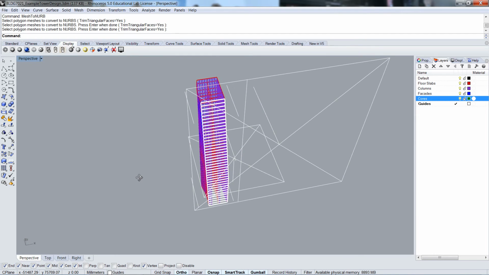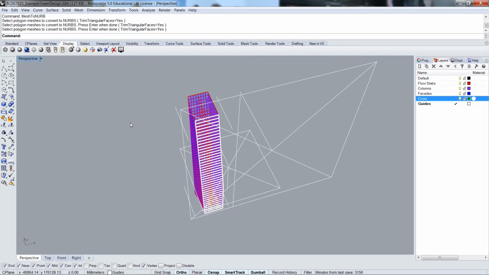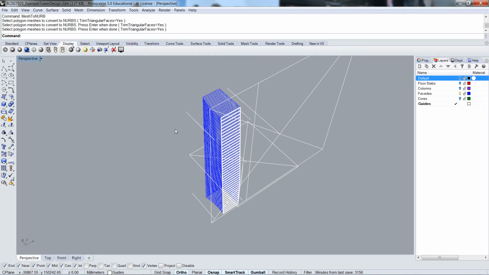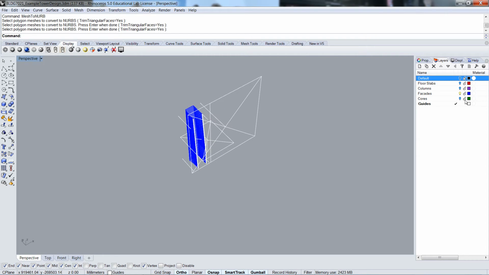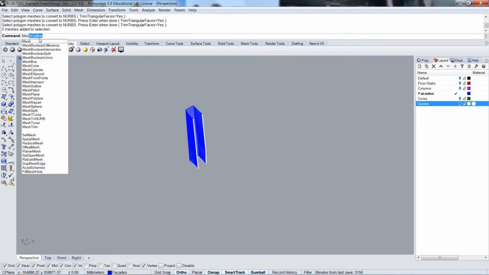that. So to overcome the problem of the mesh, I'm going to have to actually convert the mesh back to a NURB surface for it to register in this Make 2D. Now I'm going to help myself along by turning off, I'll turn back on the facades, turn off the default, and then I'll make facades my active layer, turn everything else off. I'm going to select all of that. There we go. So I'm going to do the command mesh to NURB,